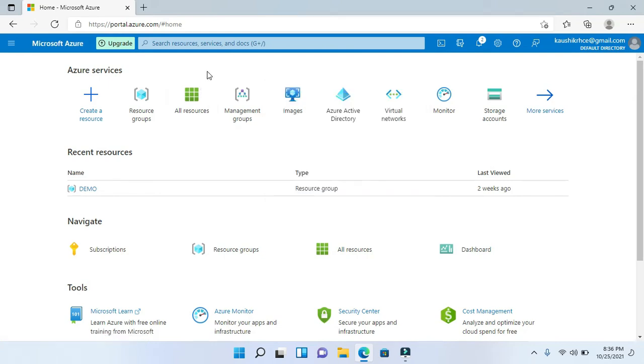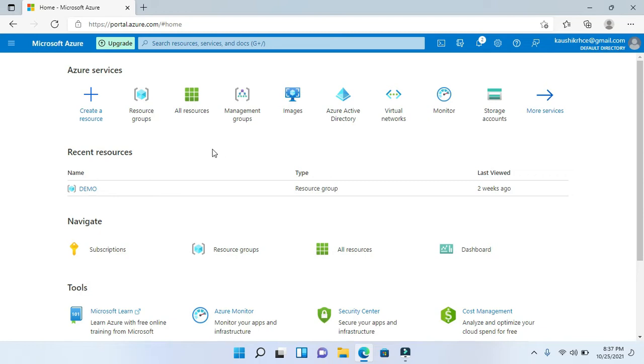So today my topic is how to create a storage account. This is important when you are creating any kind of container inside of storage, so it has to be created at that time. Before that, you have to create a resource group. I have created a resource group called demo. Without this it is not possible, because each and every piece of work should be monitored under the resource group.